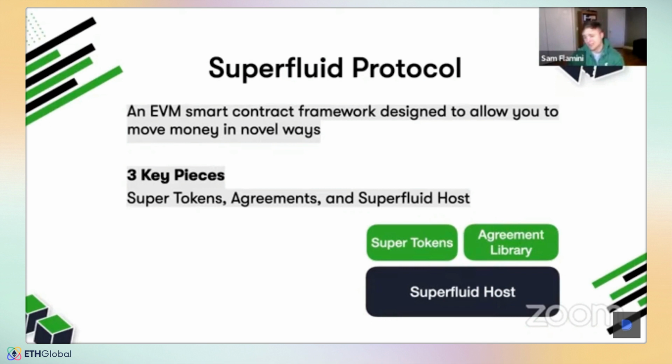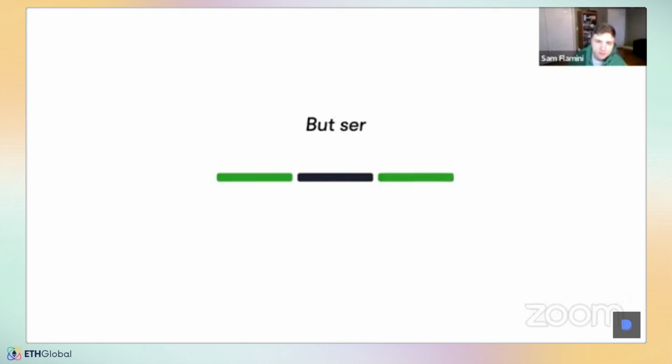The agreements are just a library of ways that balances can be changed. In the future, if we have people like yourself listening to this to become very knowledgeable about how Superfluid works, that has an idea for how these balances can be changed in new ways beyond just money streaming or distributions, we'd like to talk to you. They're not necessarily easy contracts to build right now, but over time, we want this to be a community effort to really push the limit on how money can work. So that's the idea.